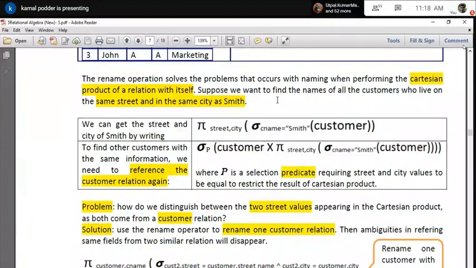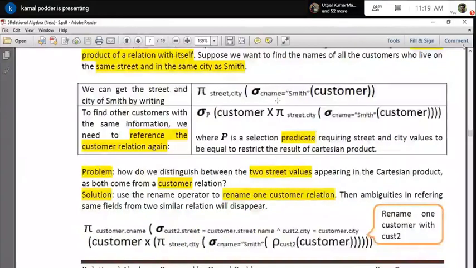Now let's see how we can write this, what type of problem I will face, and how to solve it. First, customer is my customer relation. So from the customer, I find out the Smith record, CNAME equal to Smith, and that means it will get the Smith record. Mind it, I am using the name, not the employee ID.